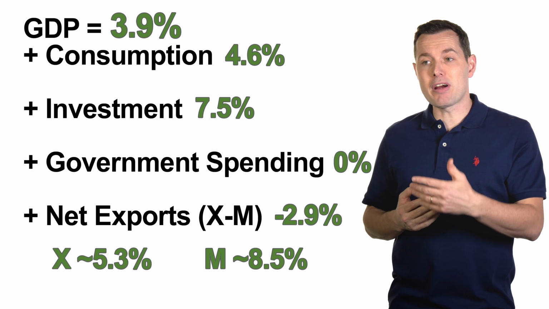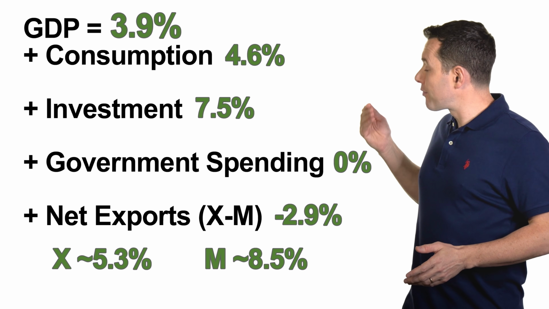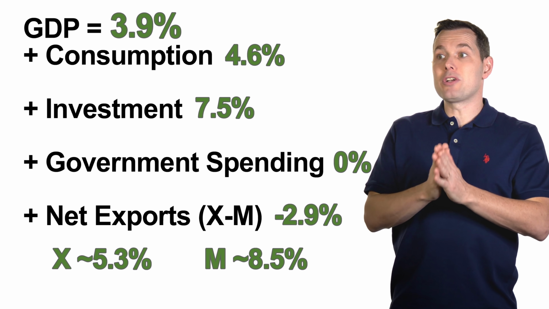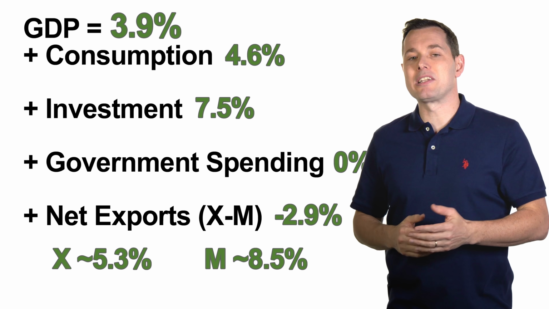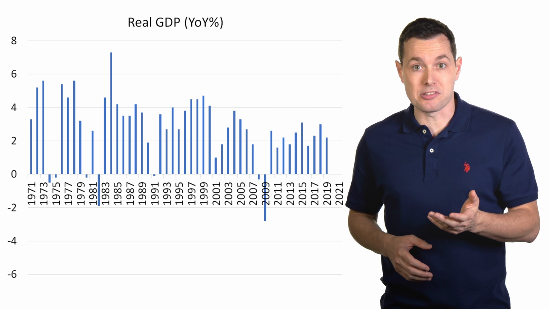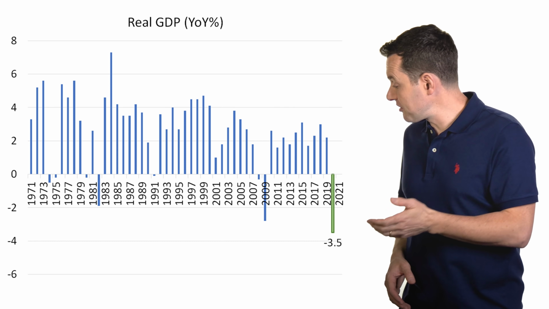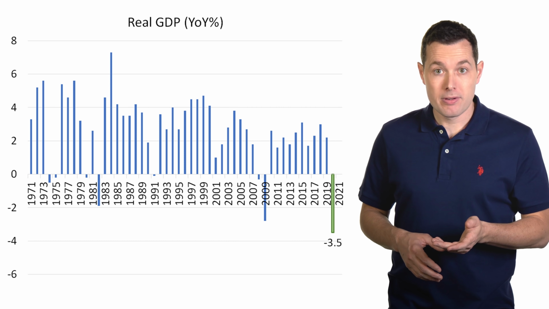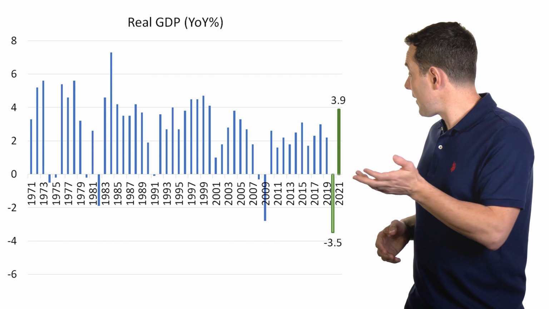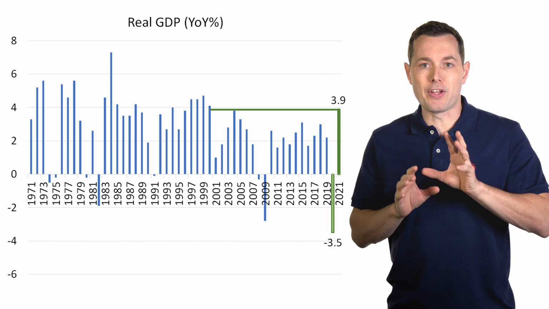But those numbers are frankly in trillions and trillions of dollars. I think it's much easier to look at these from a percentage perspective. I just want to point out that we shouldn't take those numbers and add them up and wonder why it's not working. So when we pull up a chart of GDP going back the past 50 years, we can see that this negative 2020 number was the worst number in our entire time period. And then when we add the projections for 2021, we can see that this is one of the highest jumps in the past 20 years or so. So that should be a good thing overall.